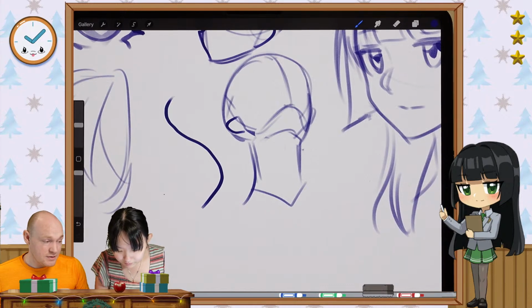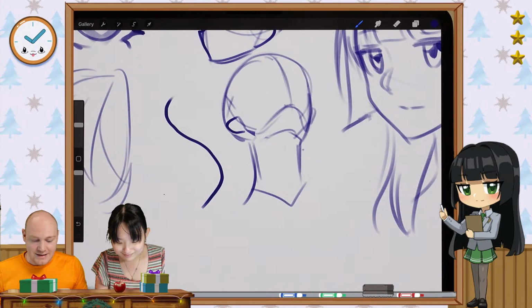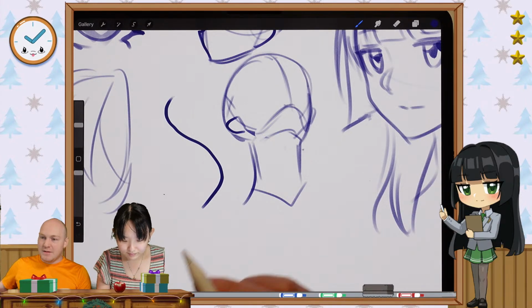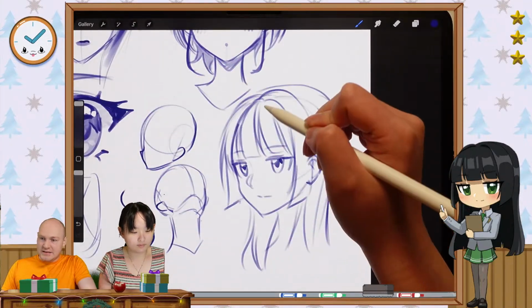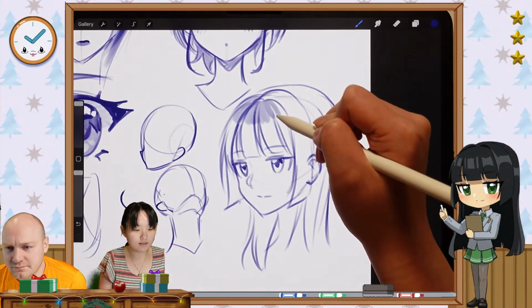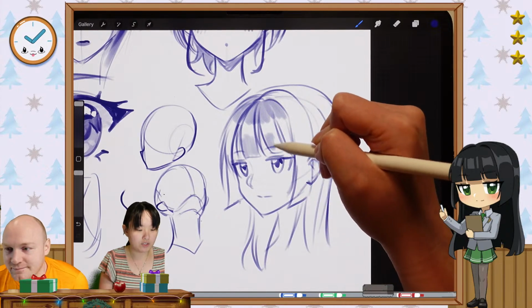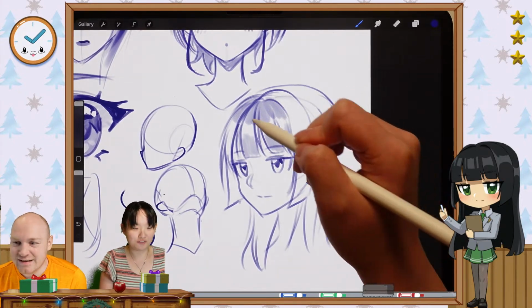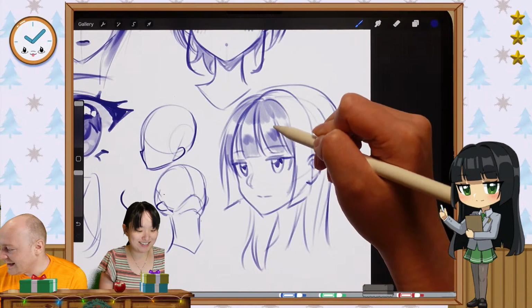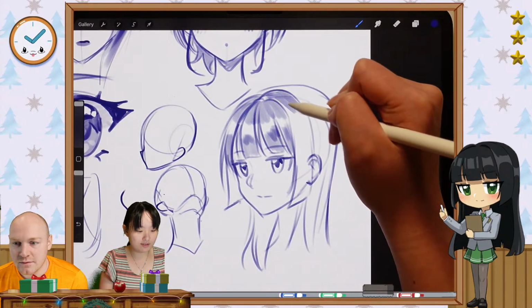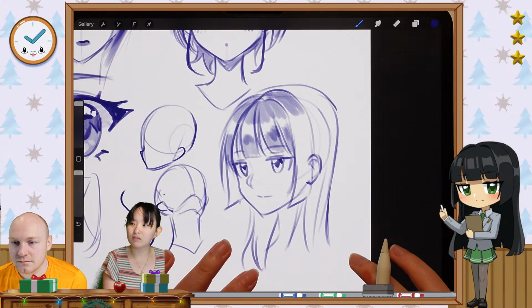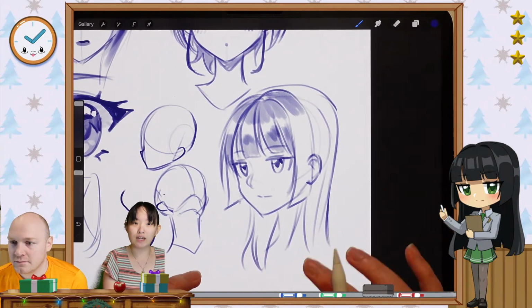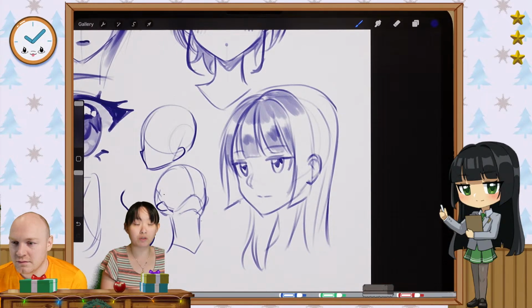If there's zero stabilization, it's all wobbly, but that doesn't even happen when you draw a line on paper. If you're drawing with pencil, pen, or marker, there's always some friction and resistance that helps stabilize your hand. I think saying no stabilization allowed, especially on a slippery surface, is very hard on yourself. It's unnatural. It's not even mimicking the traditional medium. I'm using a paper, what's this thing called? A screen protector, and it has texture, so it helps me draw a lot smoother, and I love it.